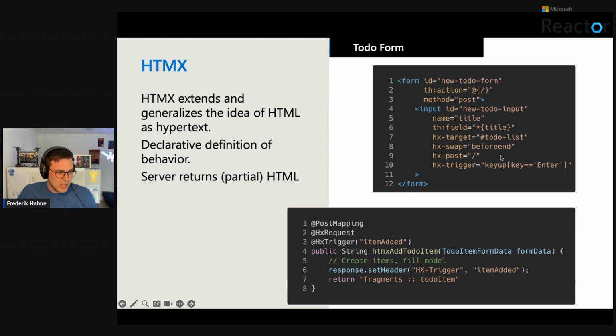It's not on the screen. And the answer you get from the server will be appended at the end of this element. So it's a list. It will just be a new element. And the server now answers with partial HTML. So it's not returning JSON or something. It's just returning a small subset of the page. In this case, it returns the HTML list item.